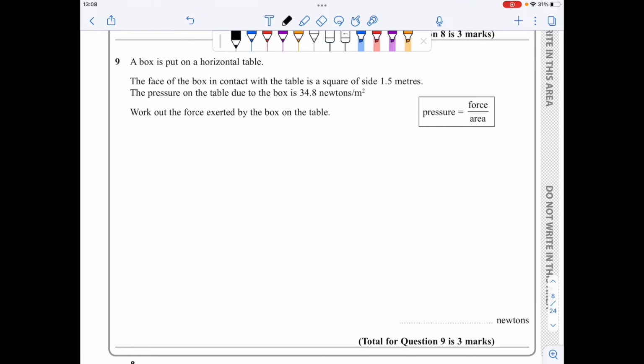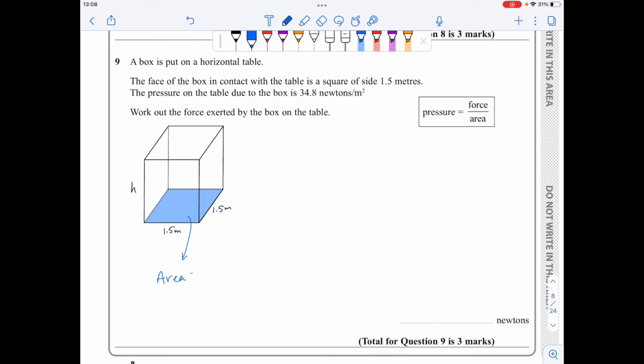In question 9, I have a box sitting on a table. The face in contact is the blue one. This is a square of side 1.5 meters. And I know the pressure. I want to find out the force. So I'll start by finding this blue area, which is 1.5 times 1.5. This gives me